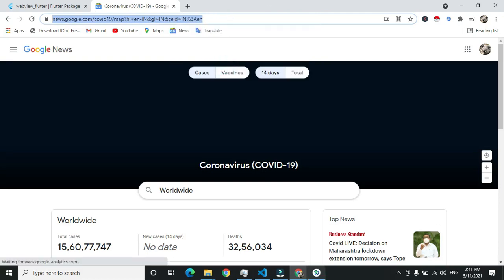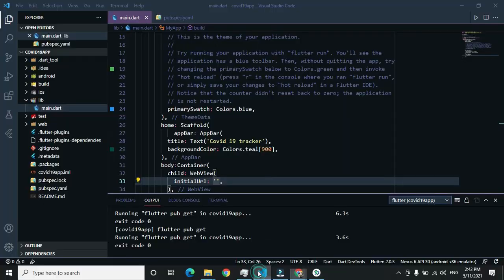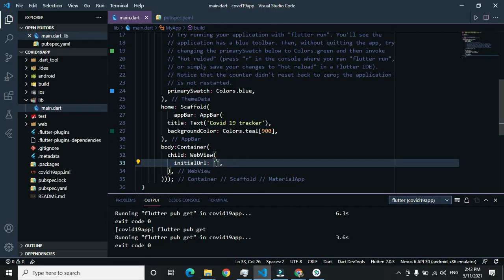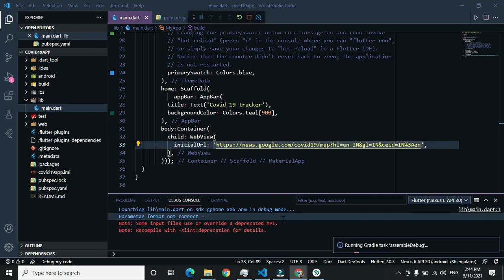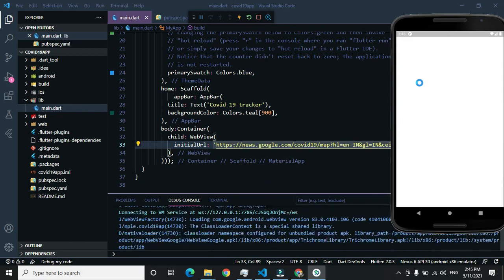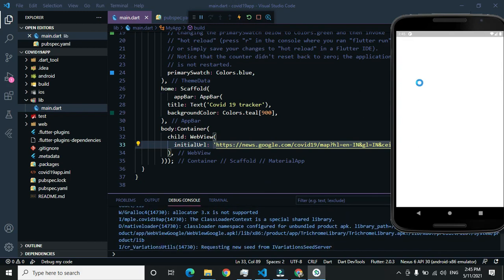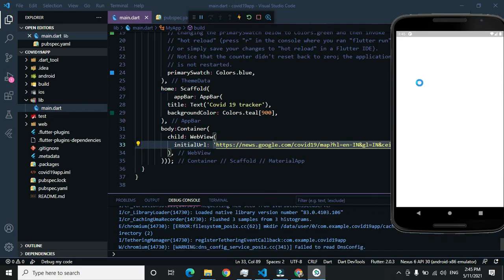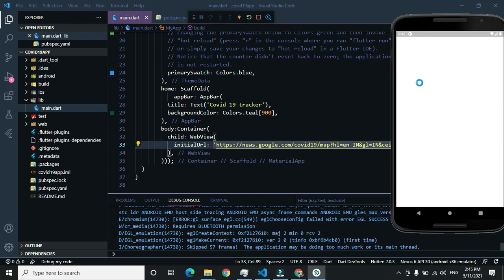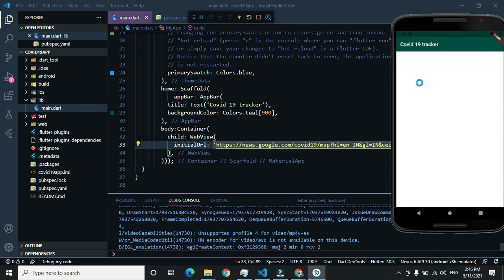Wait for some time, please. I have just pasted it there. It is running. Now you can see COVID 19 tracker is written on the mobile screen.